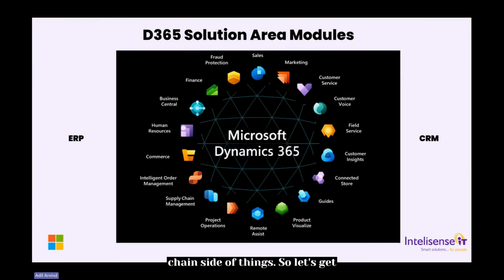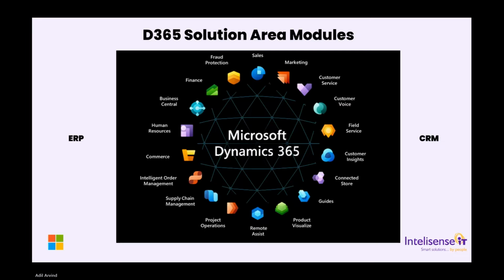So let's get started. Before I dive into the order to cash process flow, I just want to quickly give all of you an overview of Dynamics 365. Dynamics 365 consists of both ERP and CRM modules. On the left side of the circle, we have the ERP modules such as supply chain management, finance, human resources, and commerce. And on the right side of the circle, we have the standard CRM modules such as sales, marketing, field services,